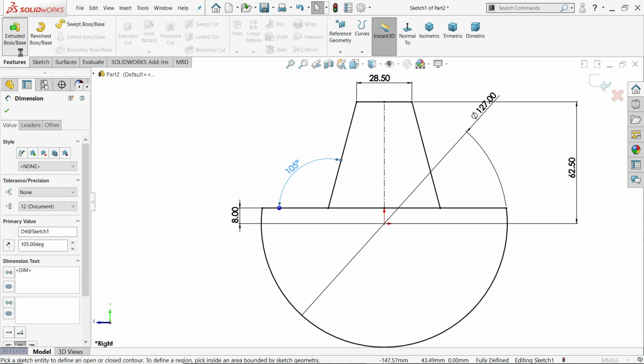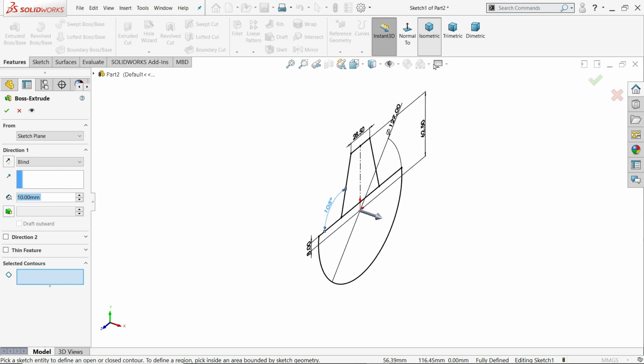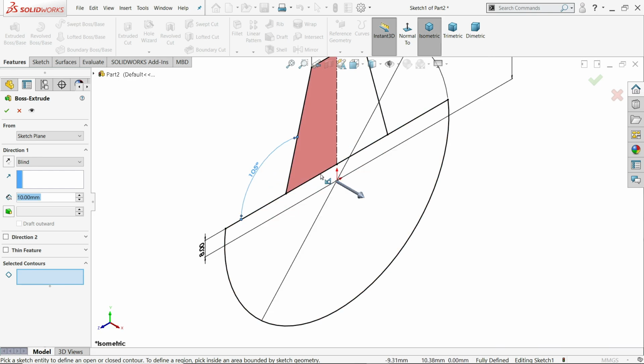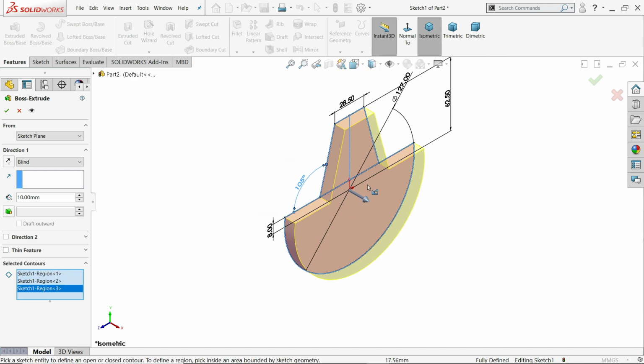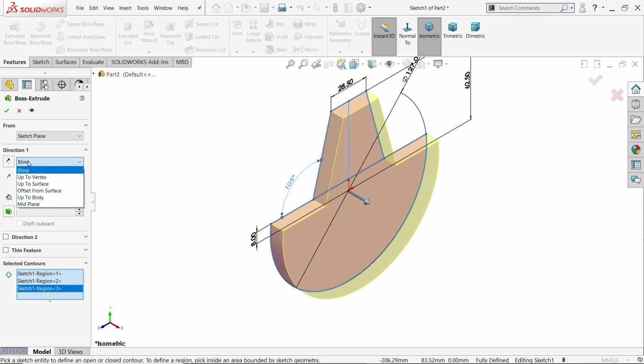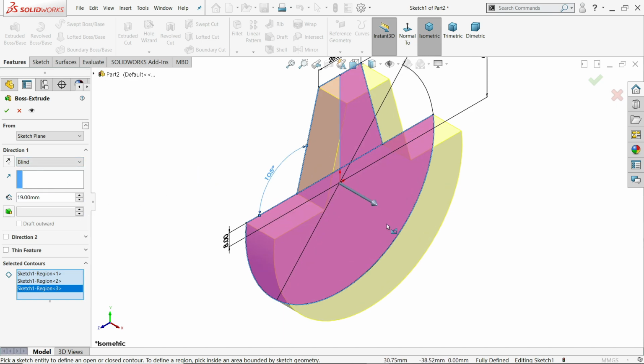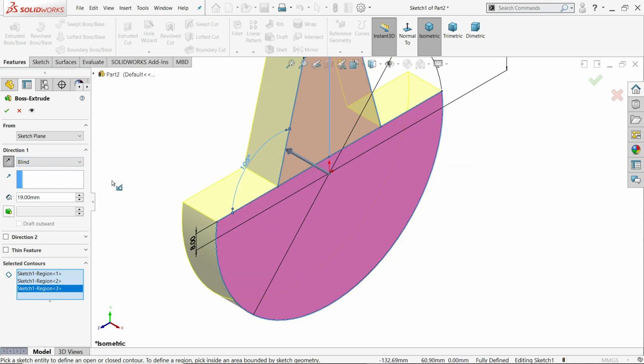Simply go to feature, choose extruded boss base. Now here there are many closed geometries, so you have to choose one by one. If there is only one, then no need. End condition blind, 19 millimeter, and make it inside reverse.